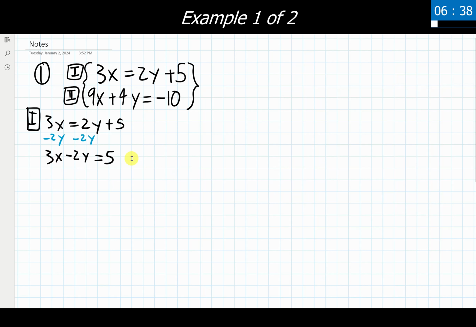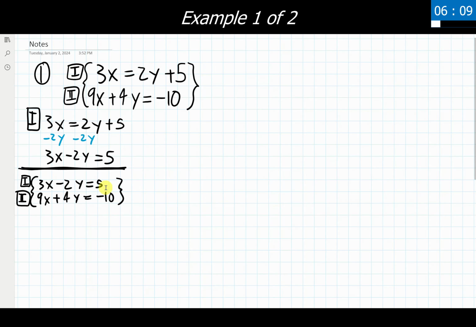I can now rewrite my system of equations, and I'd recommend giving yourself a little bit of space to do that. A lot of people like to try and cram all of the work into as small an area as they possibly can, and I would not recommend that route. A lot of people who do that tend to lose track of their work, and things go horribly wrong that way. So give yourself space if you need it between this set of work and the other work that you're doing. In fact, I'm actually going to put a line here just to separate a couple things out with that. Okay, now I have my new system of equations, or at least rewritten system of equations. Everything is in general form.